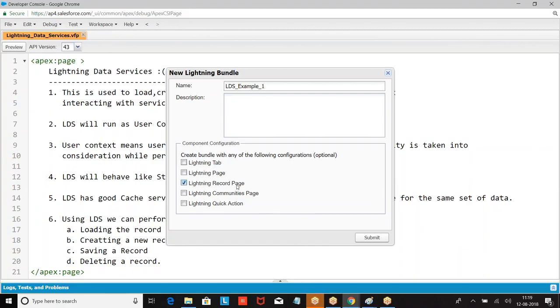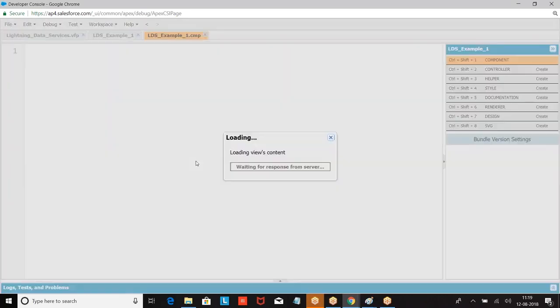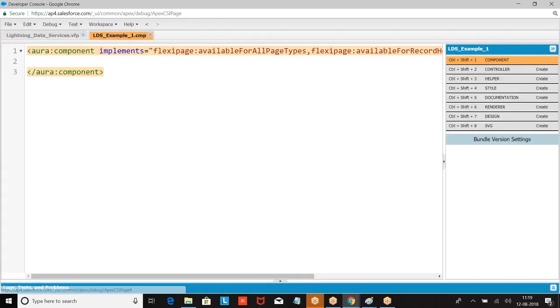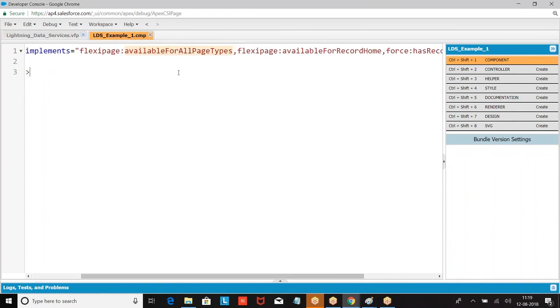Lightning record and a lightning page. These two checkboxes are implemented. These are interfaces. Then look at this interface, what we got. flexipage:availableForAllPageTypes. So I don't require all page types actually. One is enough for me. This will do. I can type it also.